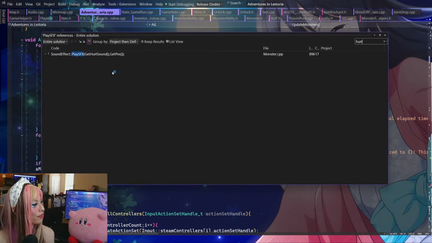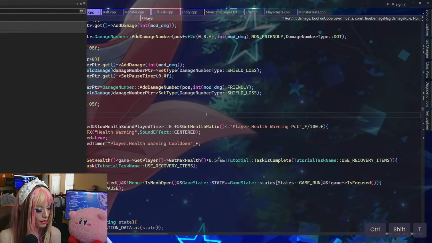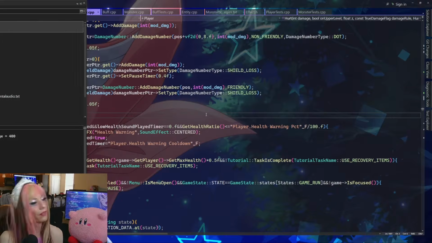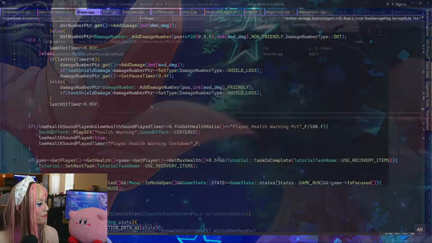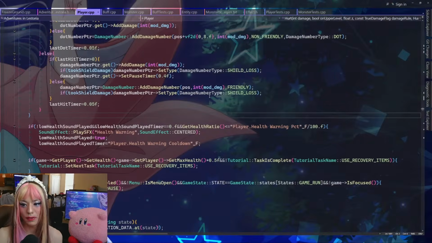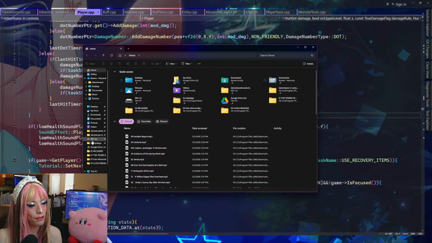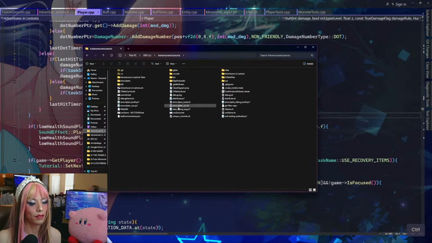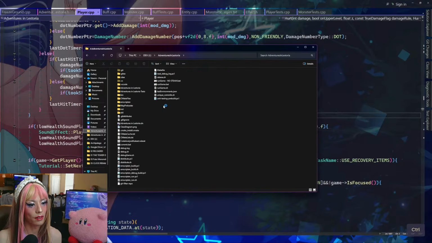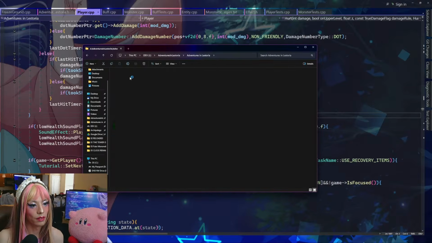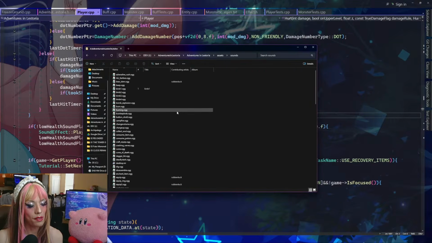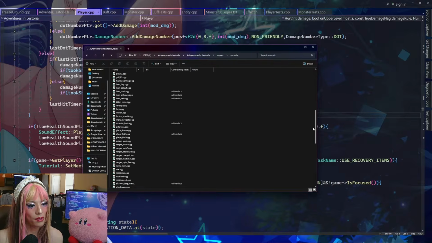But what about the player? The player should have one too. Is it not called hurt? Now we gotta look. It's just based on file name, so I need to go look in the actual folders for it. Under not music, but sounds. I would assume it's just called hurt or something. Okay, player hit. I think that's actually